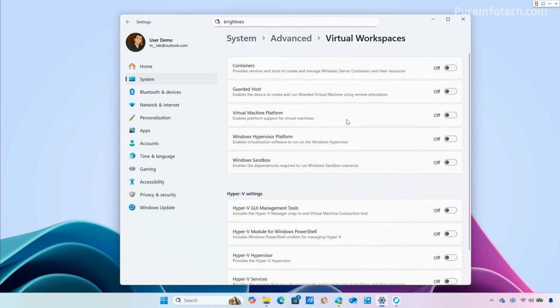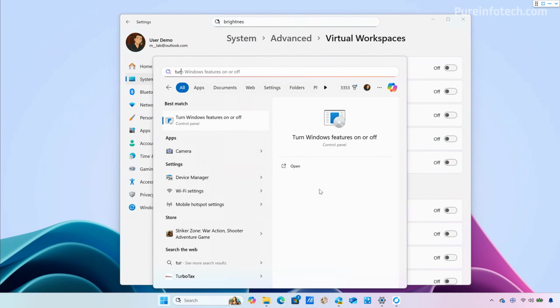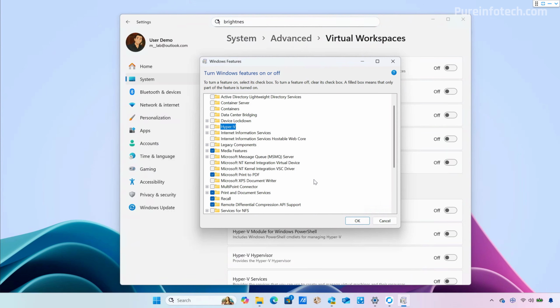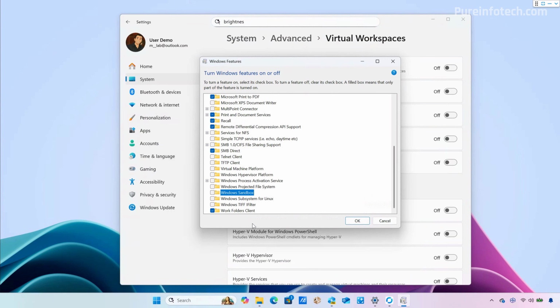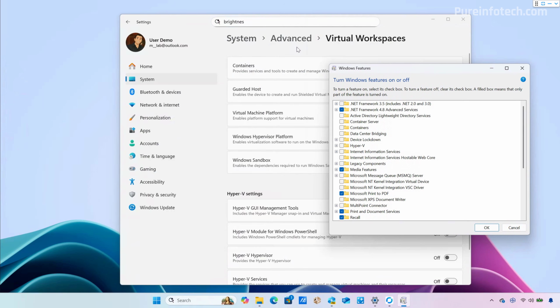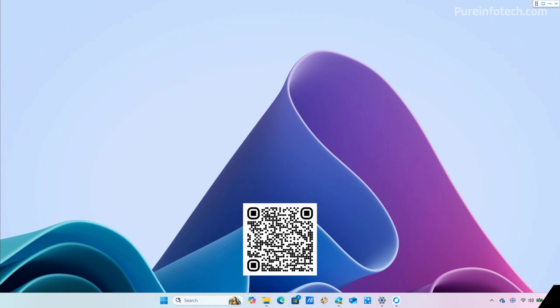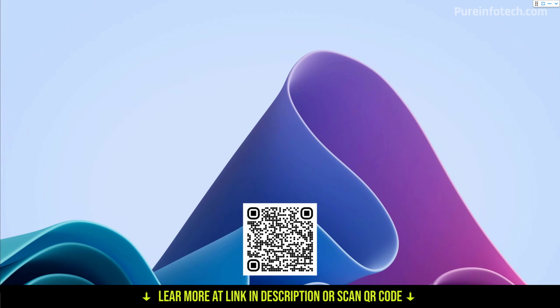the virtual machine platform. These are the features that you usually turn on by the legacy Windows feature, which you can usually access by going to Turn Windows Features On and Off. As you can see, we have Hyper-V right here and Windows Sandbox right here. We also have the hypervisor platform and the virtual machine platform, which are features that now can be found right here. And that's it. Those are the biggest changes that Microsoft has been working out in the last 2 previous